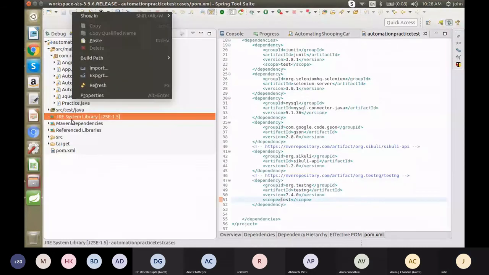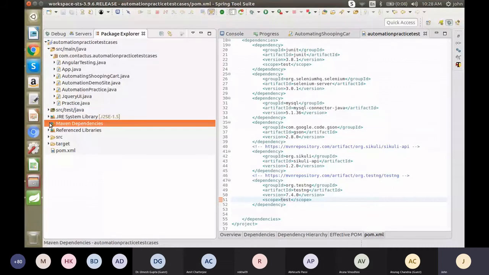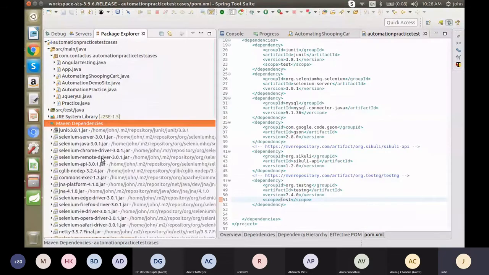All the jars will be downloaded from Google, the Selenium jar and whatever other jars. Now we can use the testng methods, and we can generate the reports in our code.